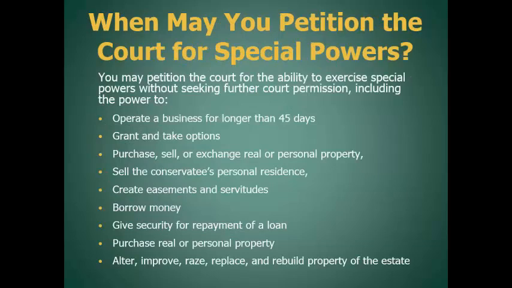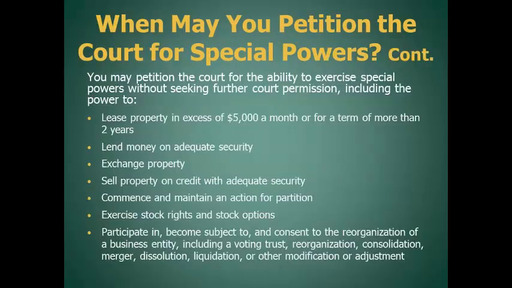Pursuant to Probate Code Section 2590, a conservator of the estate may petition the court to be able to exercise special powers without seeking further court permission, including the power to operate a business for longer than 45 days, grant and take options, purchase, sell, or exchange real or personal property, sell the conservatee's personal residence, create easements and servitudes, borrow money, give security for repayment of a loan, purchase real or personal property, alter, improve, raise, replace, and rebuild property of the estate, lease property in excess of $5,000 a month or for a term of more than 2 years,